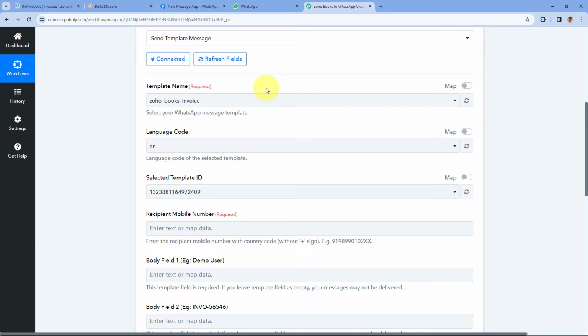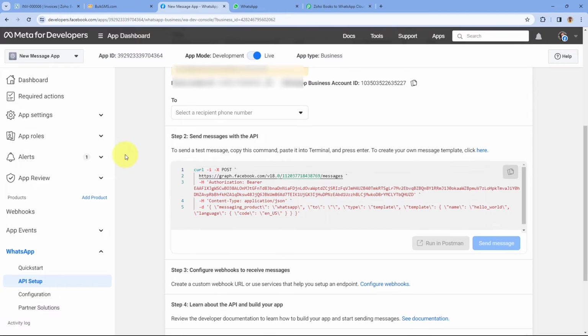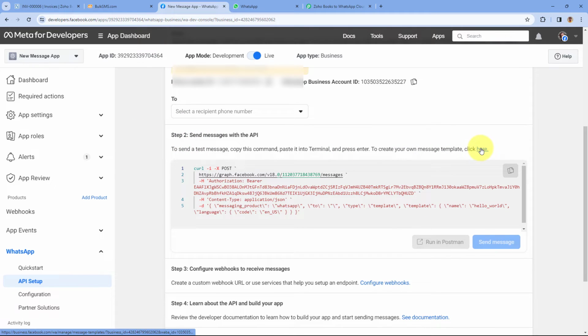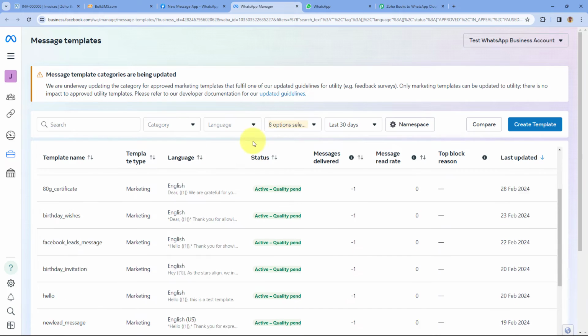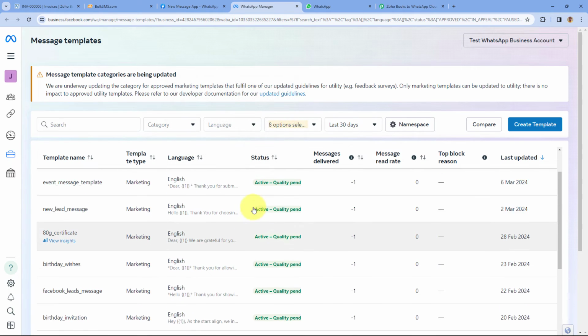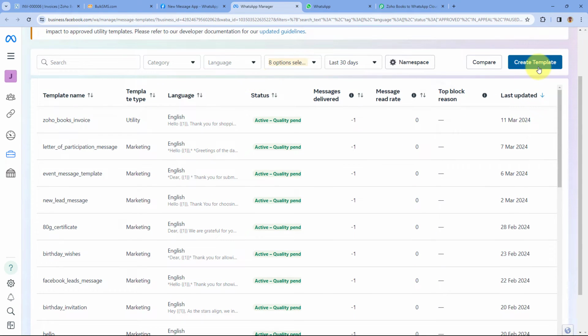So here you can see, to create a template of your choice, just go to this WhatsApp Cloud API account, and here in step 2 at last you can see this hyperlink. Just click on it, and in a new tab you will reach your WhatsApp Manager. Now here under WhatsApp Manager you will see a list of all the templates which you have created. To create a new one, just click on this create template button